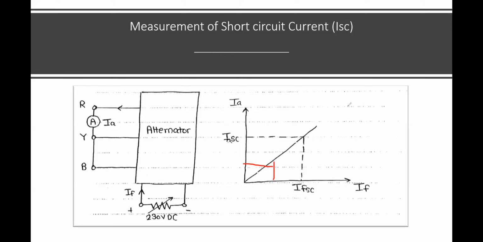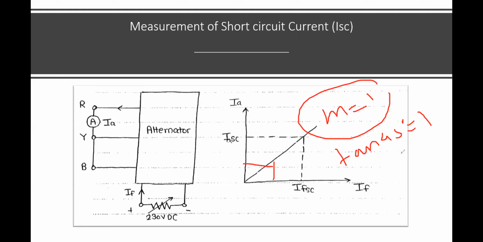So whenever a linear graph is present, the value of slope is always 1, okay. Always remember that. Mathematically we can indicate it as tan 45, okay. What is tan 45? The value of tan 45 is 1. So in this way we can conclude how mathematics is implemented in electrical machines.